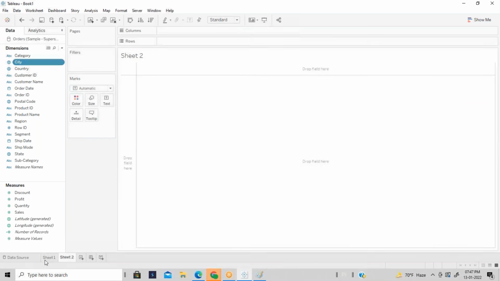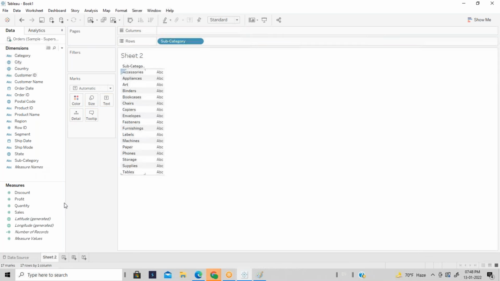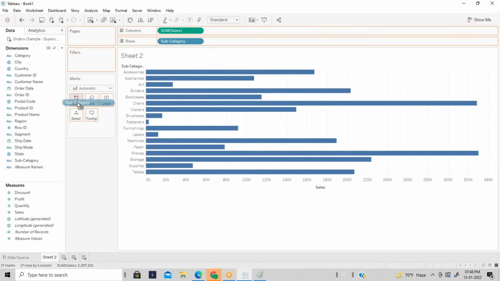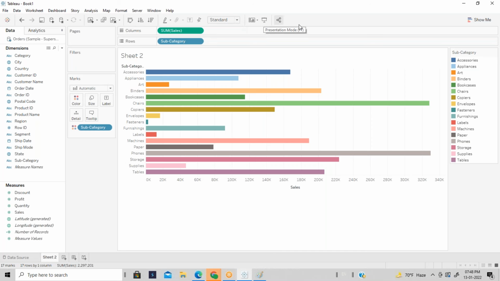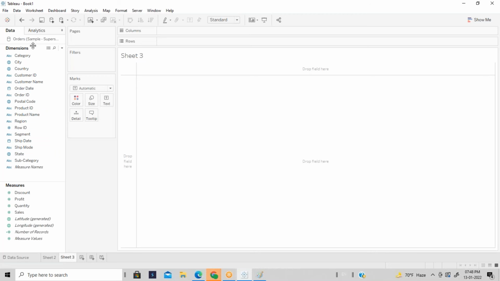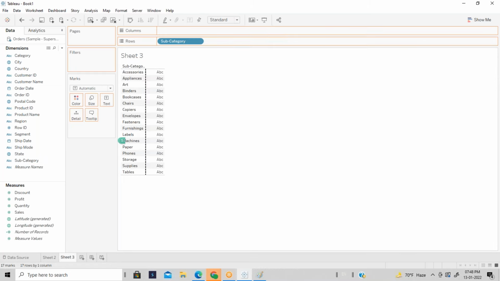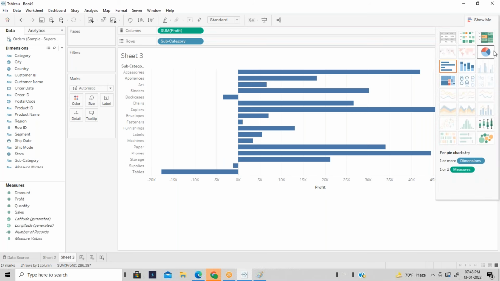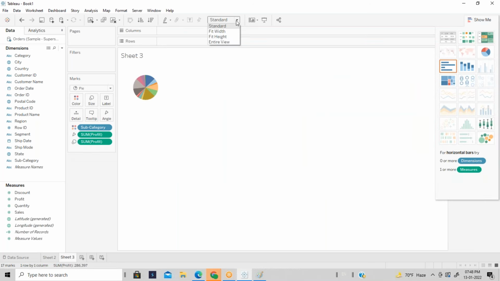So let me create another filter, guys. Deleting this. Now I'm going to create a report: subcategory sales, and defining another filter, subcategory profit, where I want to see the data in a pie chart.